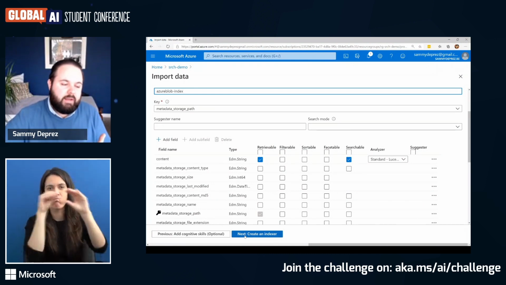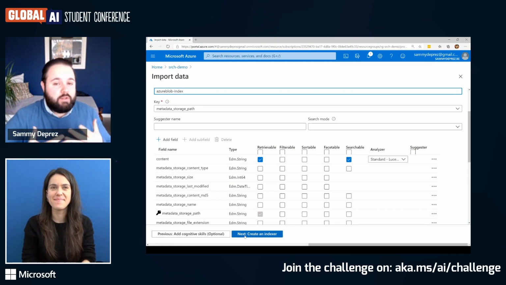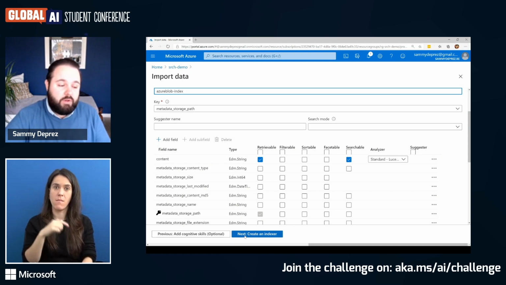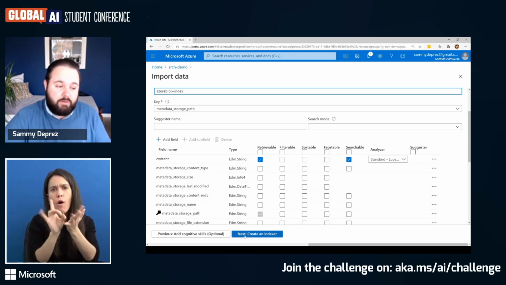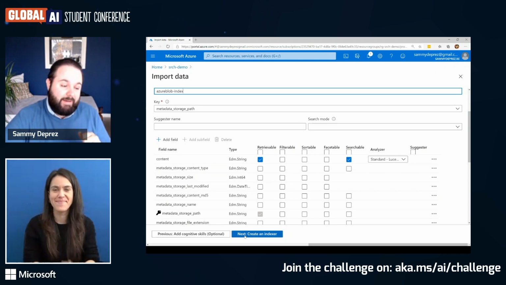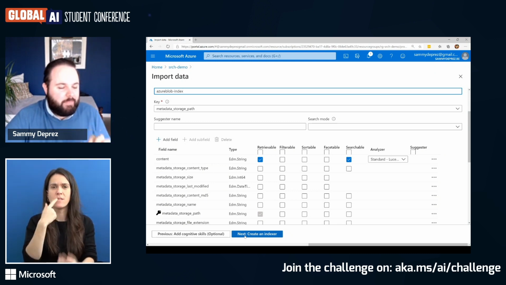And here we're defining which fields you can use with the Azure Search APIs that are retrievable, which ones you can filter on, which one are sortable, facetable, and searchable. I'll show you in a bit also what facetable means. A good one to remember, filterable and searchable, they're not the same.